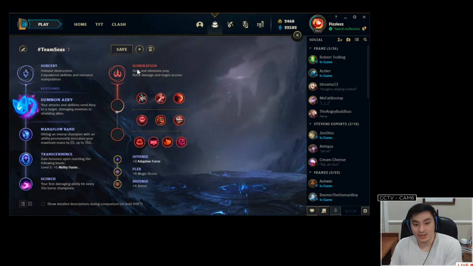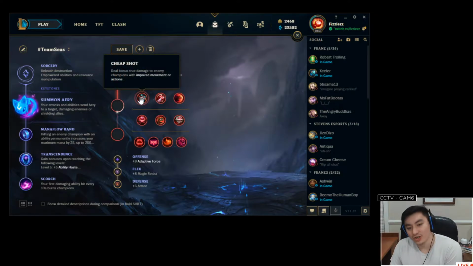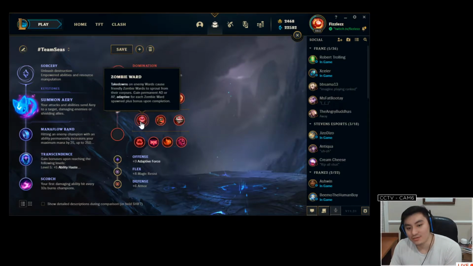Next we have the secondary tree. So what can you take on the secondary tree? Well, as I said, you could take the Relentless Hunter path, and then for your other one, you could take Cheap Shot, because all your E is does proc Cheap Shot, and then the other one is probably gonna be